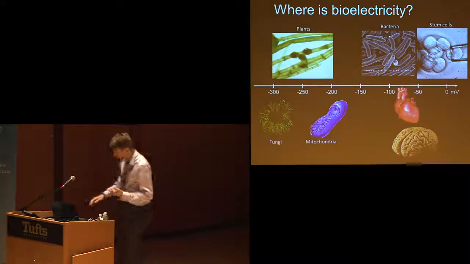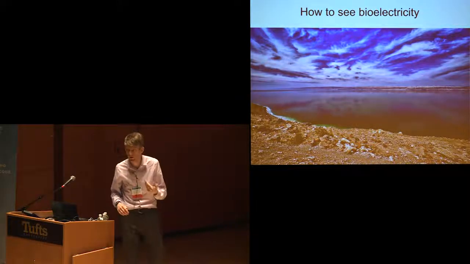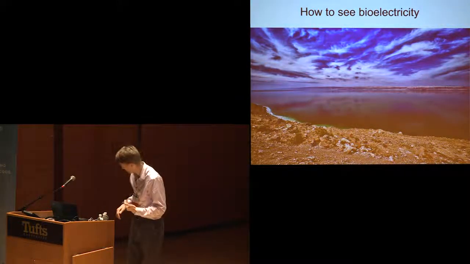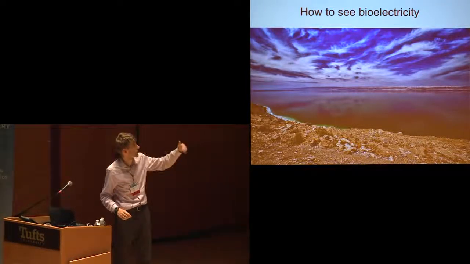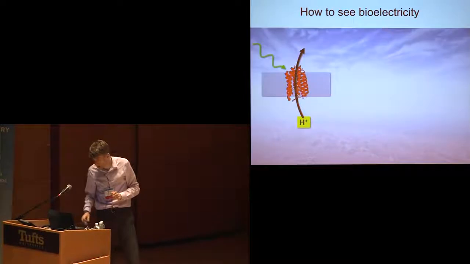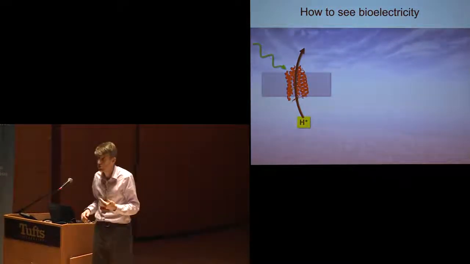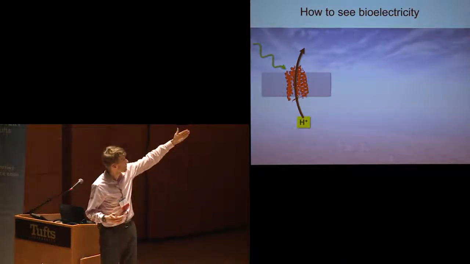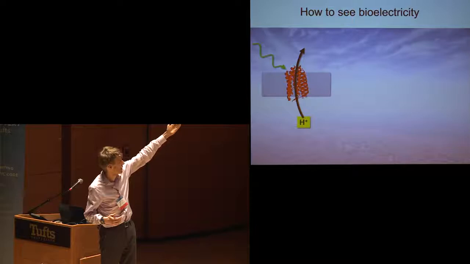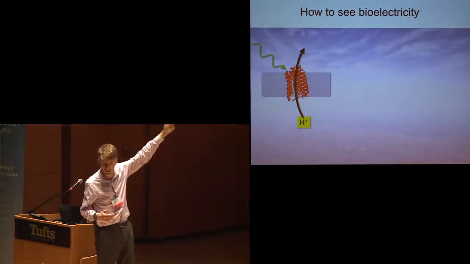Okay. So a few years ago, my lab became interested in this challenge of how to visualize electrical signaling in cells. The story starts here. This is a photo of the Dead Sea between Israel and Jordan. There's a single-celled microorganism that lives here that produces a protein which it uses to convert sunlight into a membrane voltage. It's a transmembrane protein that absorbs photons of sunlight and uses that energy to pump protons from inside the cell to outside the cell.